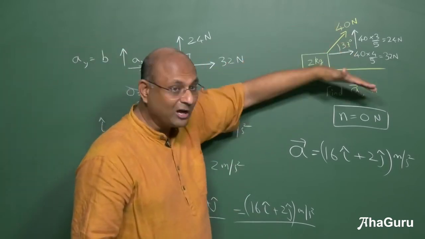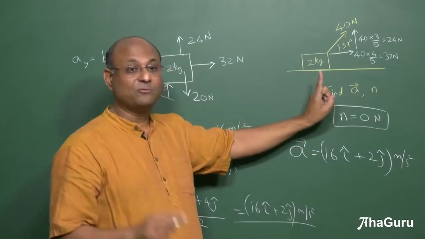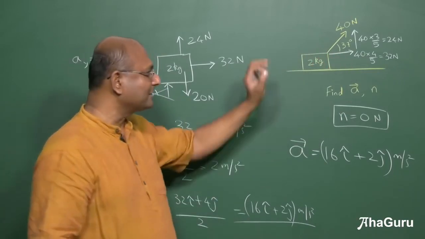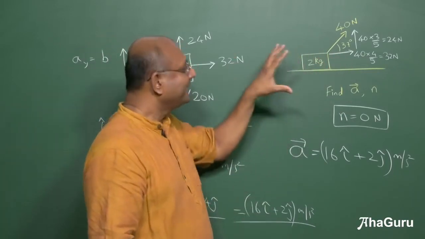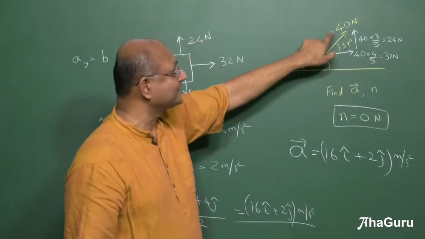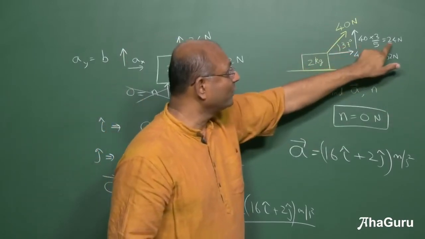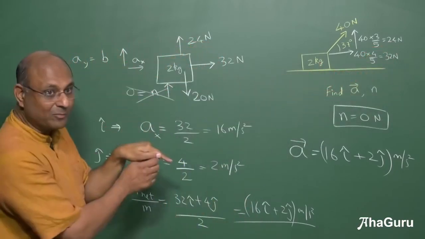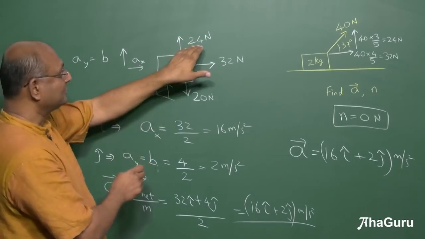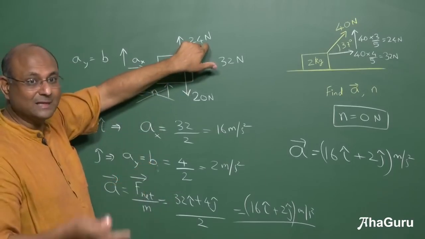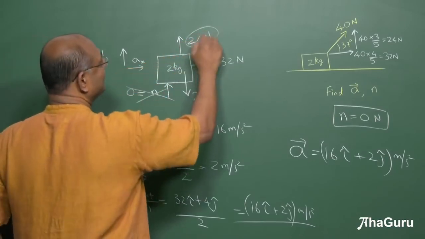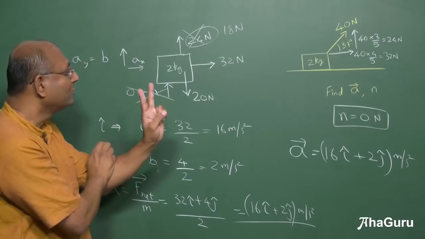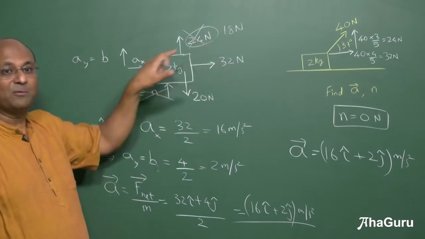So you take it, resolve, then you have to decide whether there is a normal force or not. Now many problems will involve this little bit of complexity. You have to think a little bit, then make a decision. Many problems you know that is going to move like this. If this force was less, vertical force won't be 24, it will be less than 20. If it is less than 20, is there a normal force or not? Suppose this was not 24 but it was less than 20, 18, 17. Suppose this was 18. What is the normal force? 2. Suppose this was 17, normal force 3.